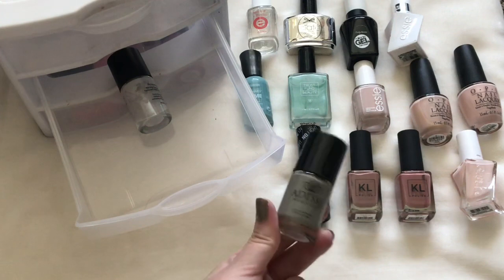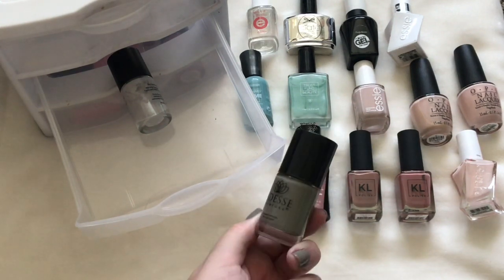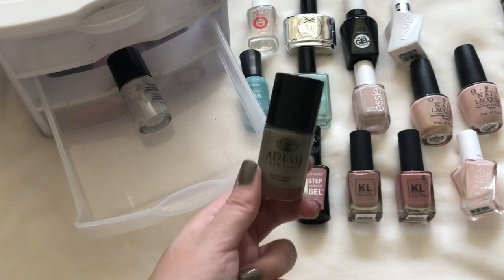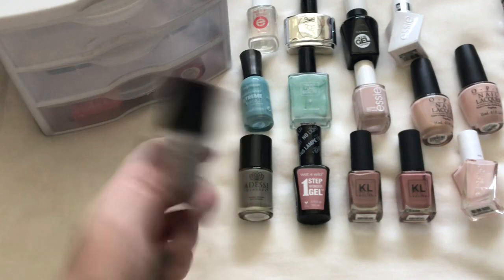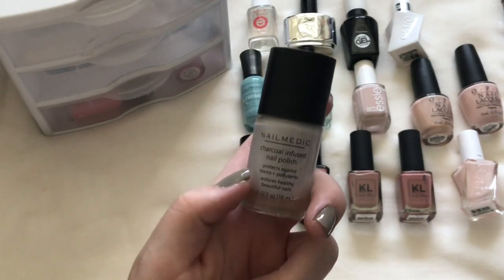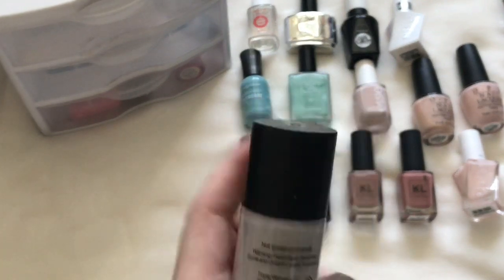It's a really pretty fall color, and I think it's just the perfect green gray shade, and I love this for September, October, and November especially. I really like this color. And then the last neutral color I have is from Nail Medic. This is a charcoal infused nail polish, and it is in the shade...